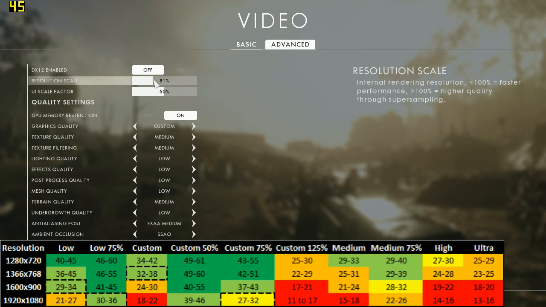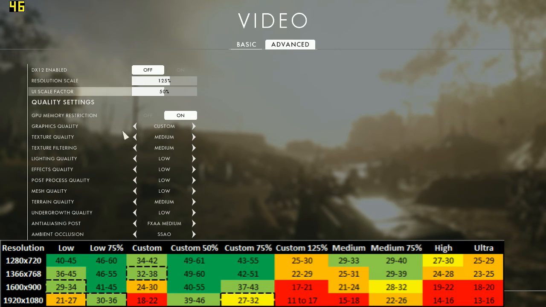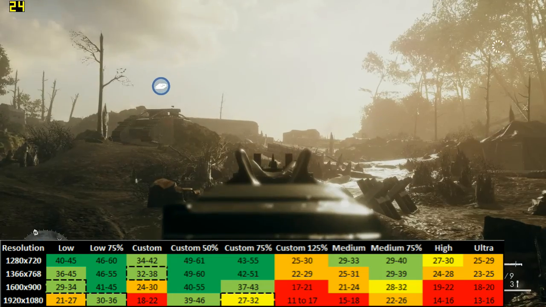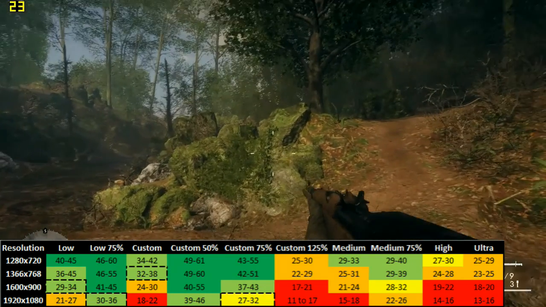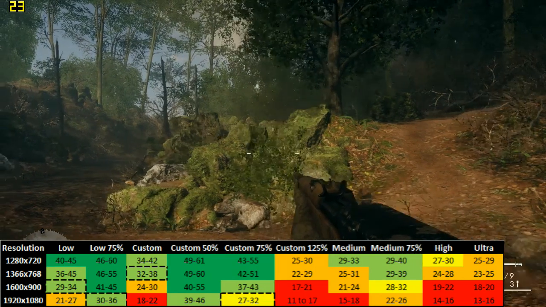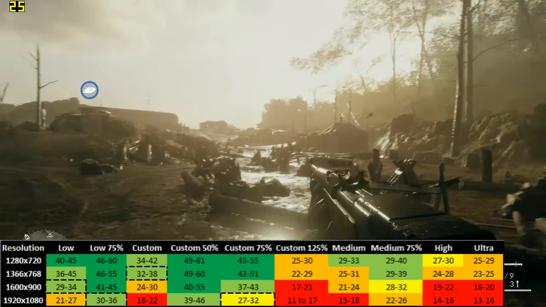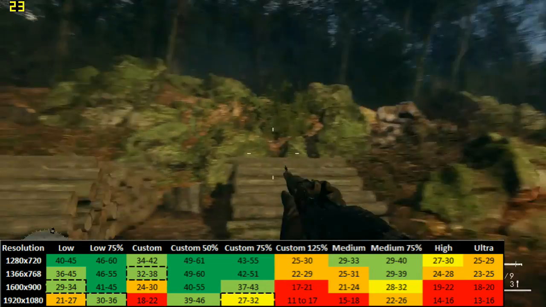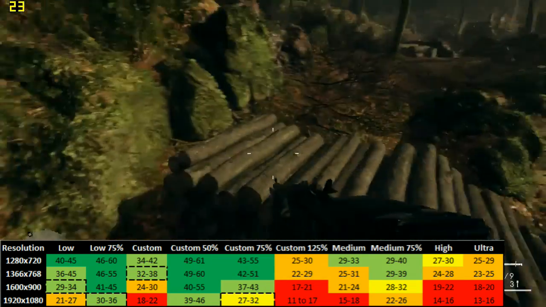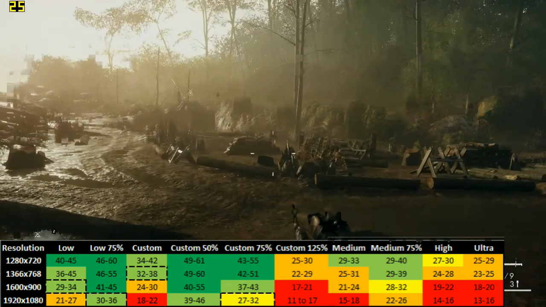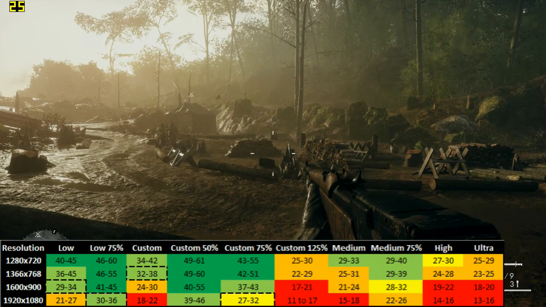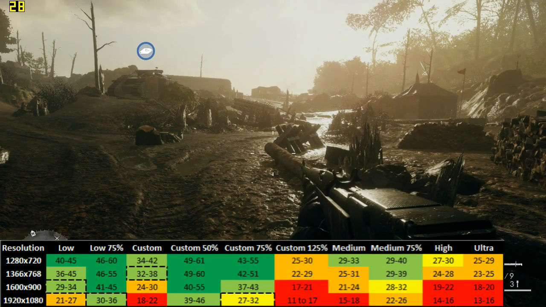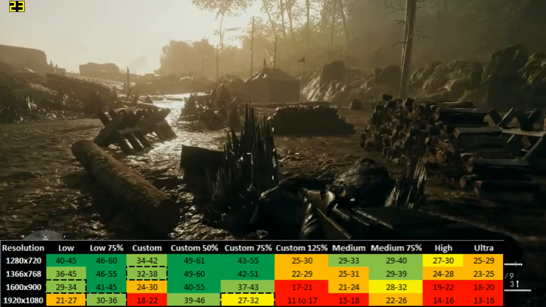However, you can also go up if you feel like you want some visual boost, and that lowers the performance quite a lot. 125% lowers it from 32 to 38 down to 22 to 28, more or less 26 in here. So you can see that upscaling actually lowers the performance quite a lot. Downscaling improves it a lot. And if you downscale with the lowest possible settings on 1080p, you actually get a stable 30, which is ridiculously good. So it runs well,